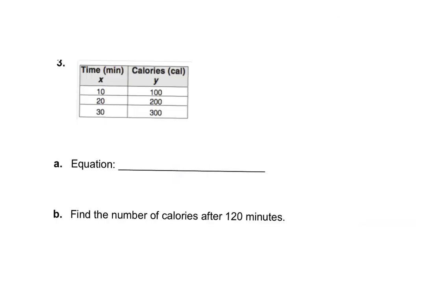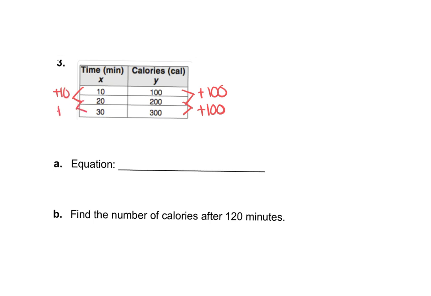All right, question number 3. We've got the time and then we've got the calories. Now, I want you to notice right here that when we look to find the difference, as I'm going from 100 to 200 and 200 to 300, that we are going up by 100. Same thing right here. But you do need to notice that our terms, they're not starting at 1, 2, and 3. We're going up 10